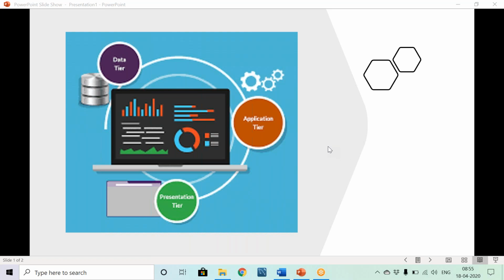Then one more core concept: why we have opted for React and why React is so popular in the market today. React is the most used JavaScript library today. If you compare it with Angular, Vue, Ember, all these libraries and frameworks available for JavaScript, React is the most used. Almost 70 to 80% of the market has been grabbed by React. The biggest advantage of React is its core principle of virtual DOM.